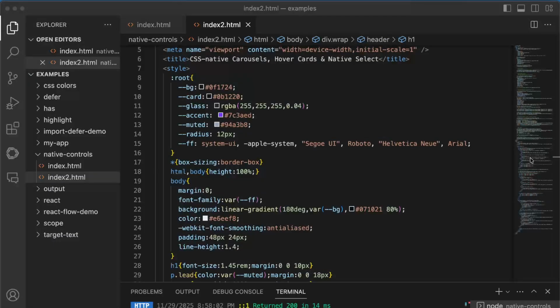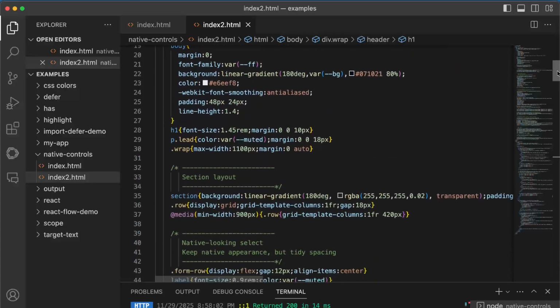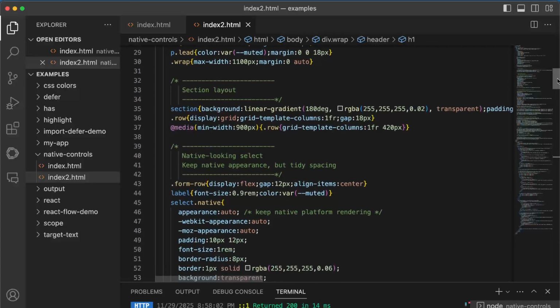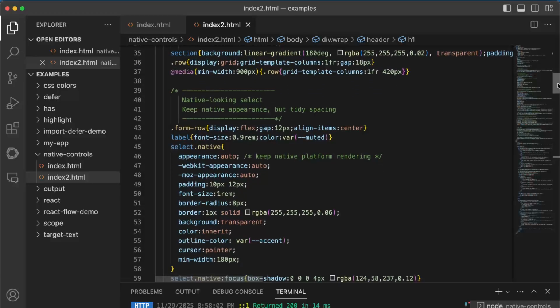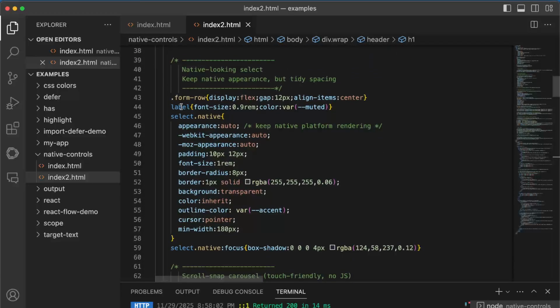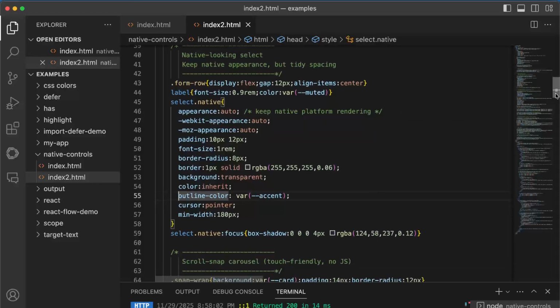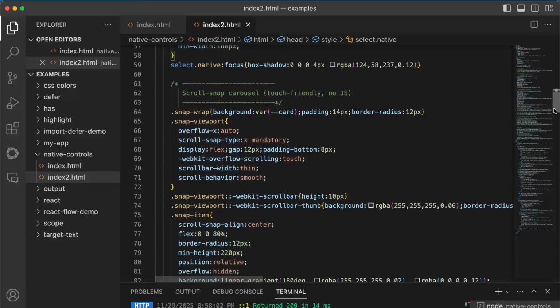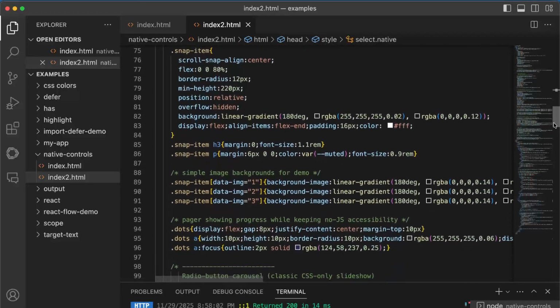I'm just going over it very quickly because you can always search on it as well. But if you go here, you see the section layout, the native-looking select, which has appearance auto, keep native, performant rendering. Then here same. I think the most important one is indeed the appearance, right? So it's something you need to keep in mind, and then you can put just some styling on top of that. And then if we scroll down,